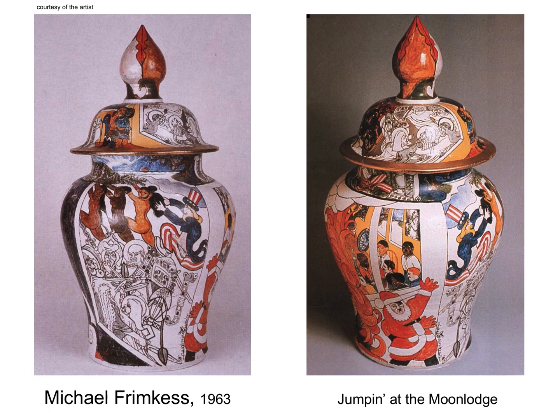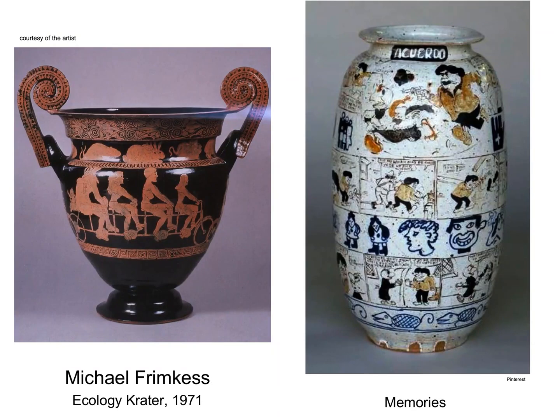This is a ginger jar coming from the Asian repertoire of ceramic shapes, adding on those forms images of great contemporary sources speaking of social issues, racism, sexism, and all kinds of things. And the work of Michael Fremkes was tremendously influential because, as I mentioned, he was the first to do something so radical, so new, so different, reassessing the relationship of ceramics to historical precedents and how those things can still